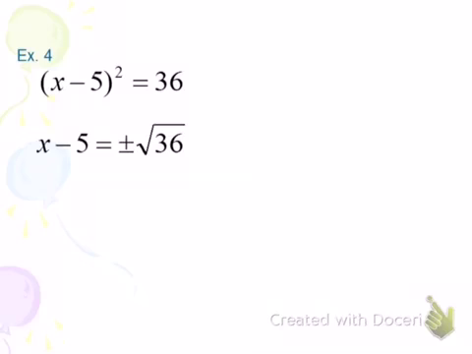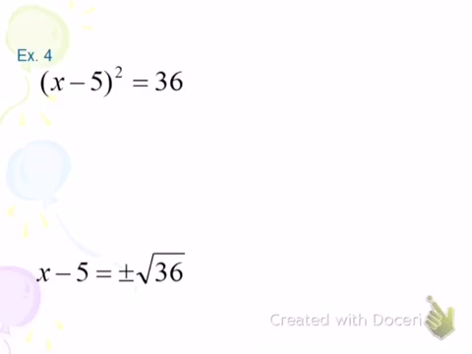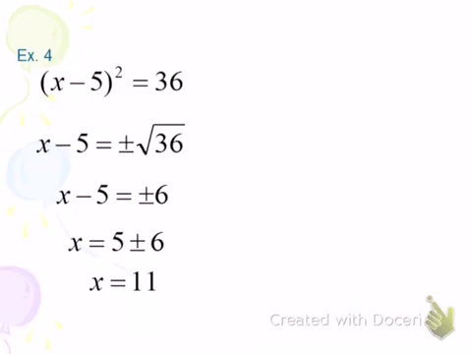We're going to add 5 to both sides. We're going to take the square root of 36. 5 plus 6 is 11. 5 minus 6 is negative 1. Could you factor that one as well? You absolutely could, because, here's how I know it can factor: the answers are nice, rational